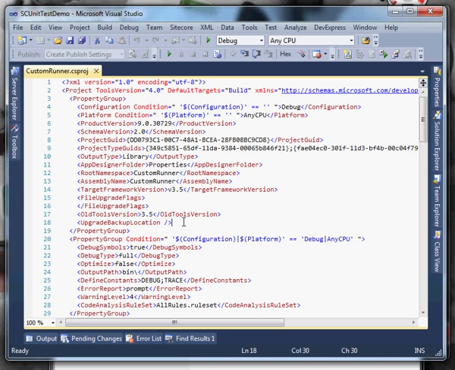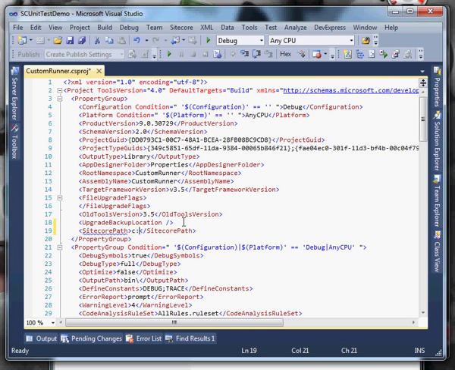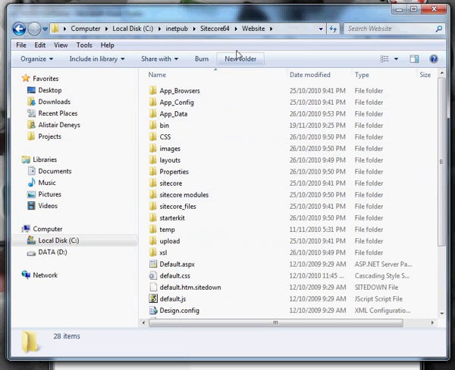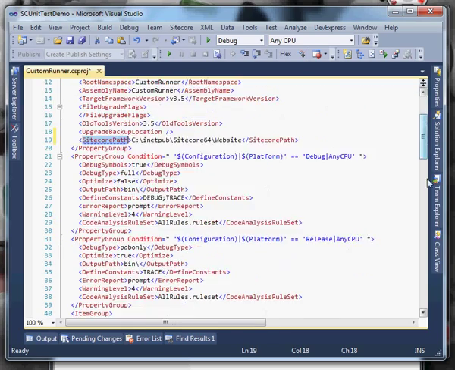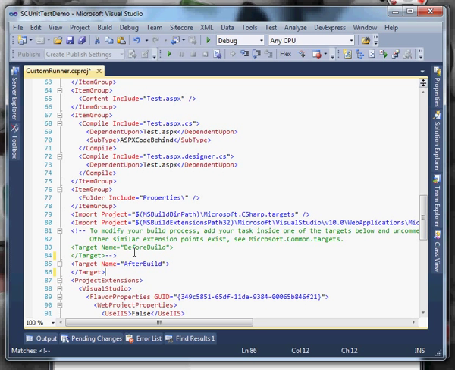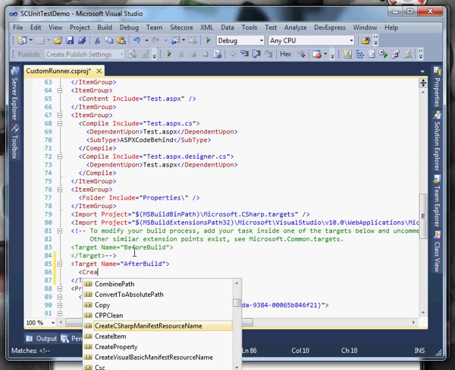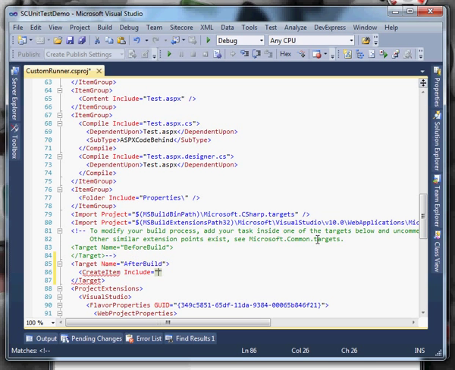So the very first thing I do in here is add in my Sitecore path, inetpub. In fact, to make sure I don't make any mistakes, here's my folder. Okay, and now I can use this variable throughout my file. This is going to be an after build action, because I only want it to happen after I successfully build the project. So the first thing to do is to create an item, and include is going to be